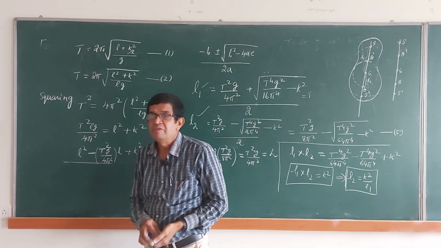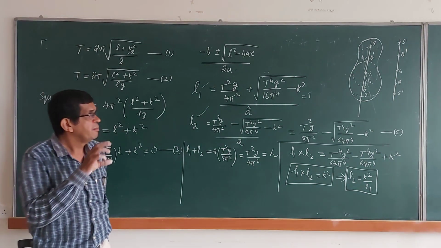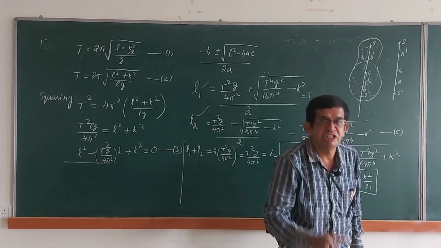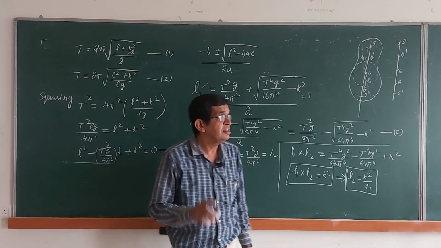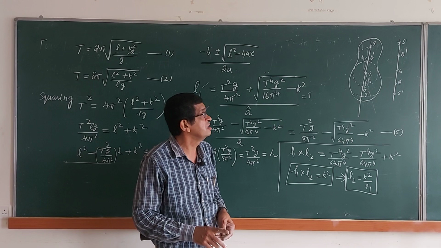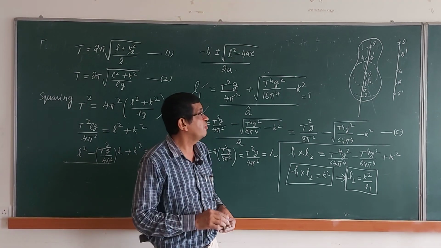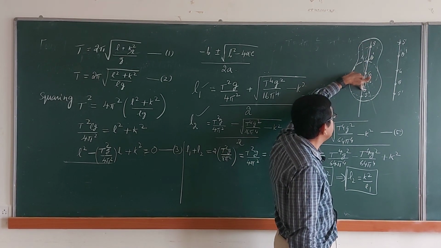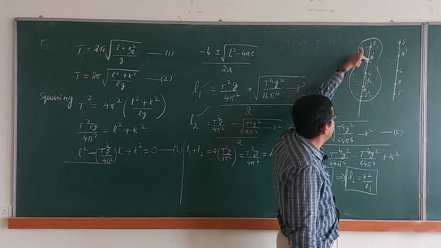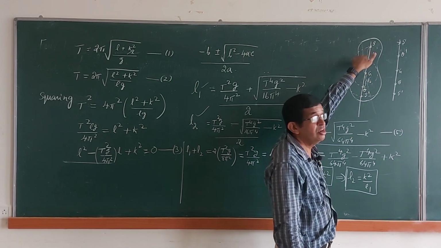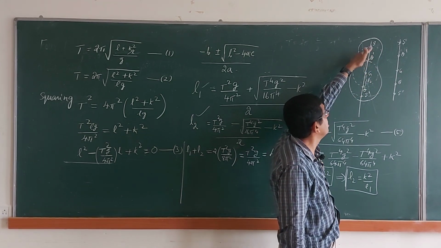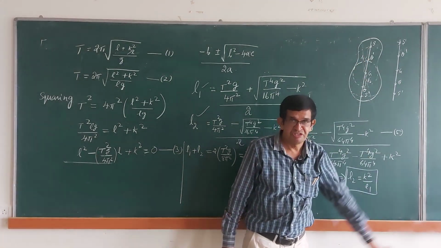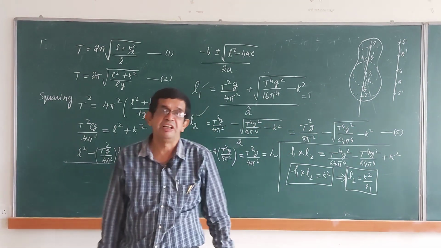That implies that we can draw the 2 circles by taking the center of gravity as the center, then draw a line passing through the center of gravity. That straight line meets the 2 circles at how many points? It meets at 4 points: one is S, and correspondingly we have O, which is the center of oscillation, and the other one is S dash, corresponding to which O dash is the center of oscillation. Thus there exist 4 points collinear with the center of gravity about which the period is the same.